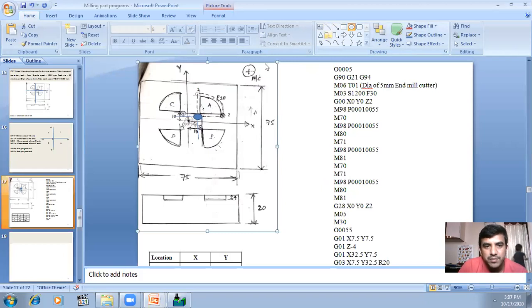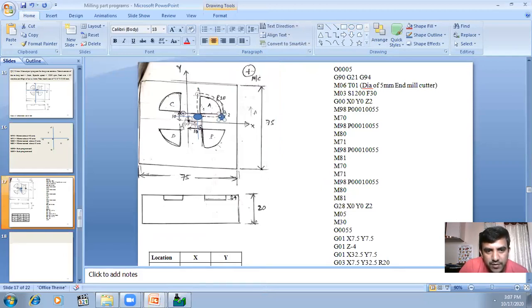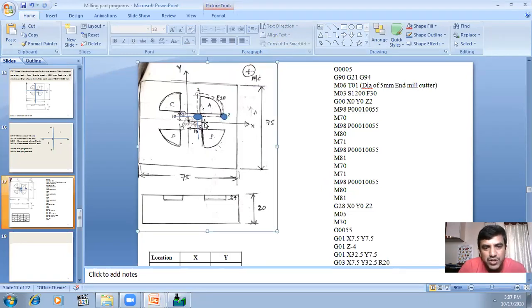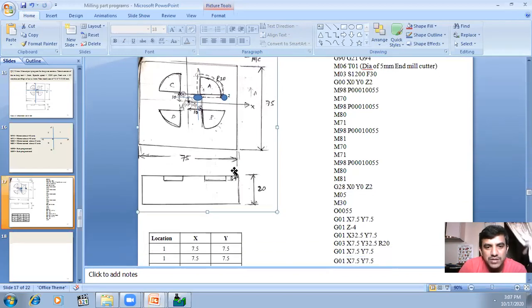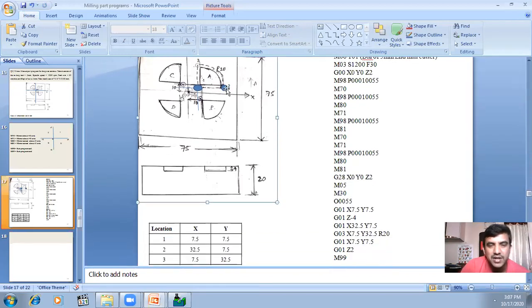Now the cutter moves from here to here. What type of motion? It is a linear motion. Then what are the coordinates for the second location, again considering the radius of the cutter? The x-axis is how much? From the horizon it is 10 plus 20, total 30, plus the radius of the cutter 2.5, which is 32.5. The X value is 32.5. The Y value remains the same, 7.5.